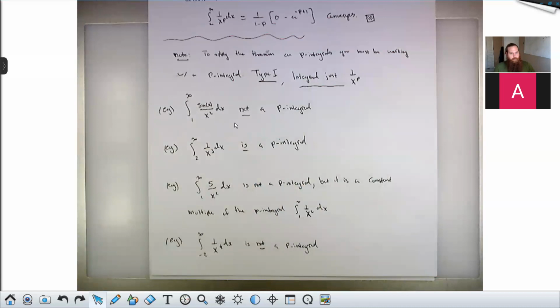Why is the fourth example here not a p integral? Good. What about the bounds? Yeah, a is not positive here. In fact, this isn't even a type 1 integral, is it? It's got type 1 and type 2 stuff, because the function 1 over x to the 4 has an infinite discontinuity at x equals 0. And when you integrate from -2 to infinity, you're jumping over that infinite discontinuity. So remember, p integrals are always type 1 and just type 1.